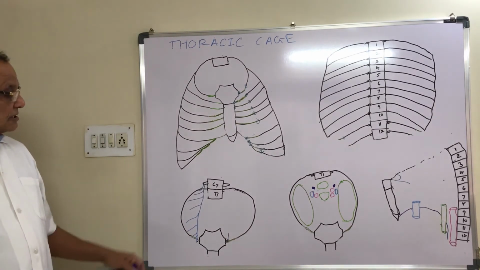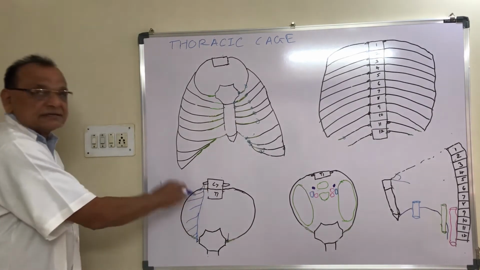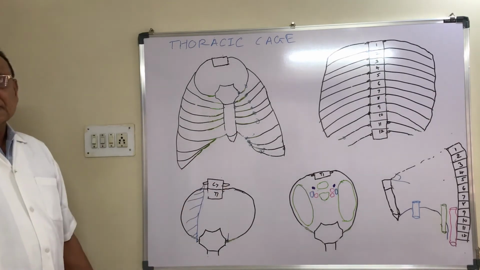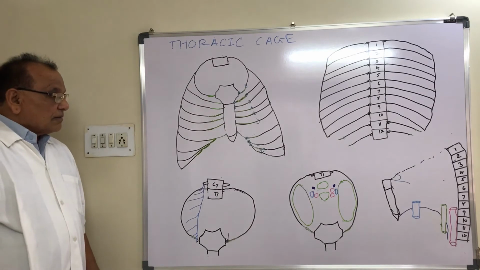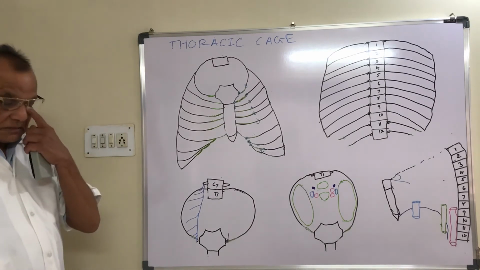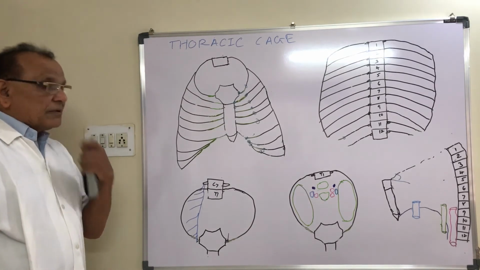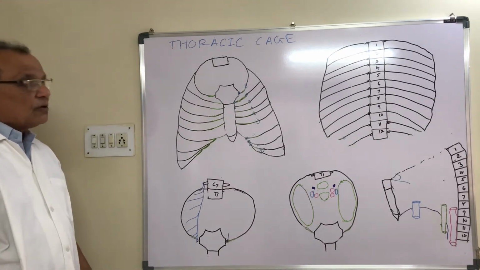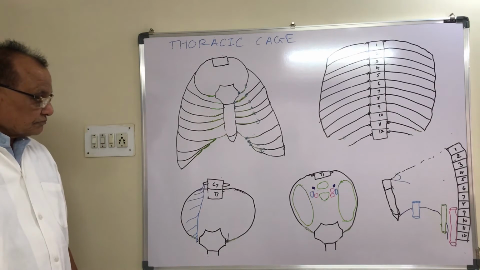Suppose you remove the suprapleural membrane from both sides, then the structures that pass through the inlet are seen. Two types of structures pass through the inlet of thorax: major structures and minor structures. Today we will see only the major structures. About the minor structures I will tell you when the time comes.